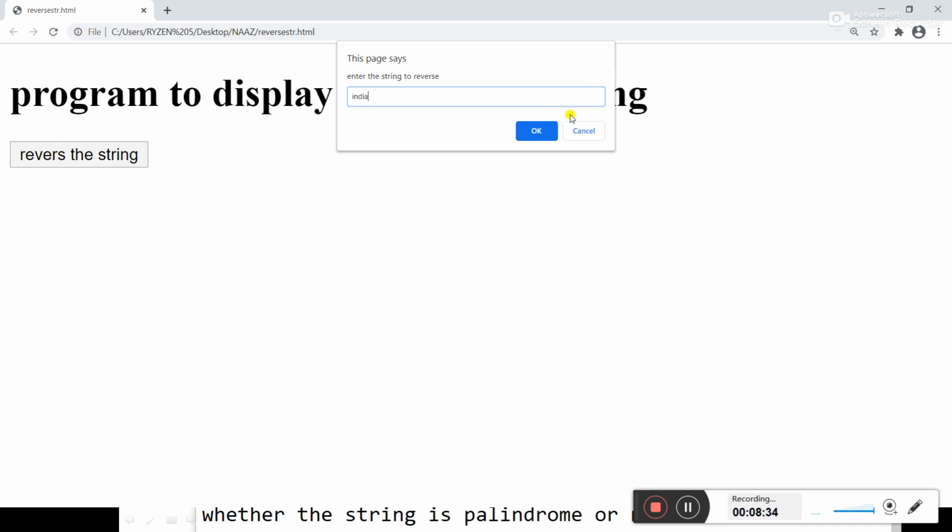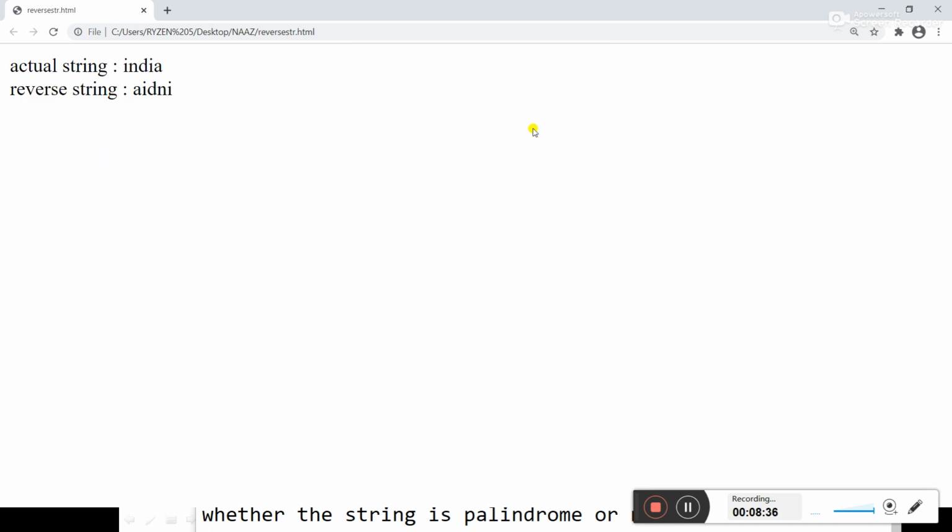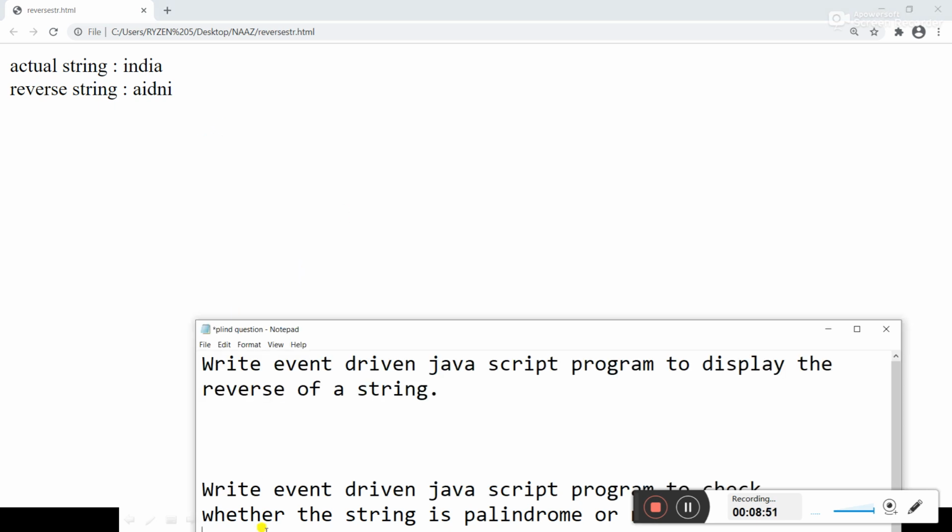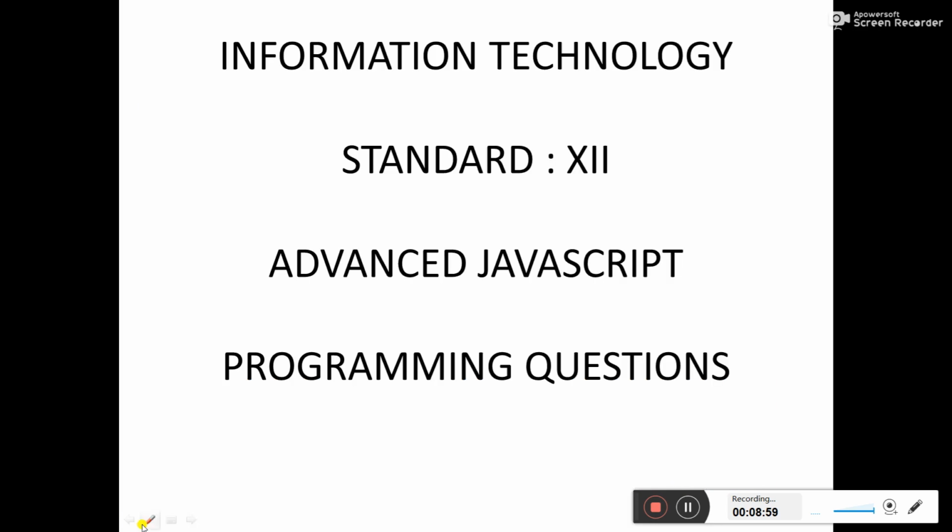When we click on OK, it will reverse that string and display the reverse string on screen. Got it? So this is the event driven program to display the reverse of a string. See the program once again.